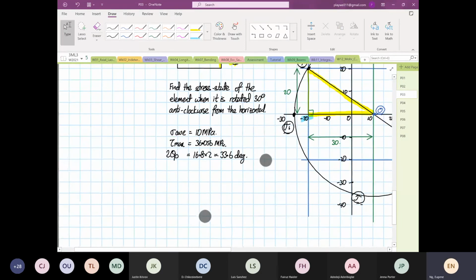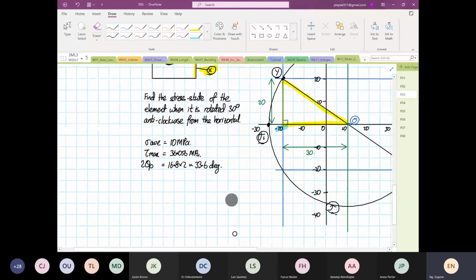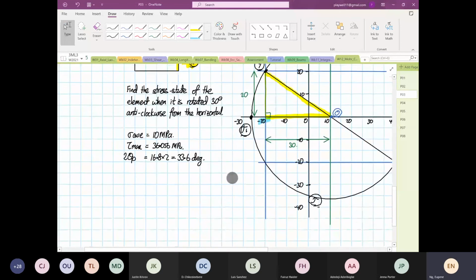So from here, we're going to find y30. Okay, so note